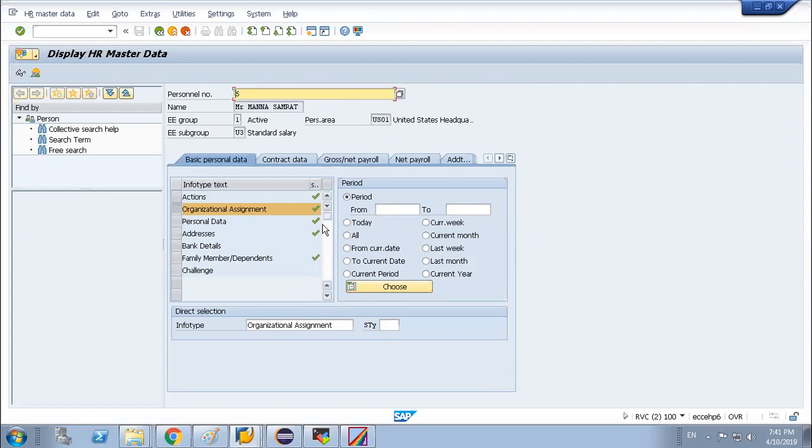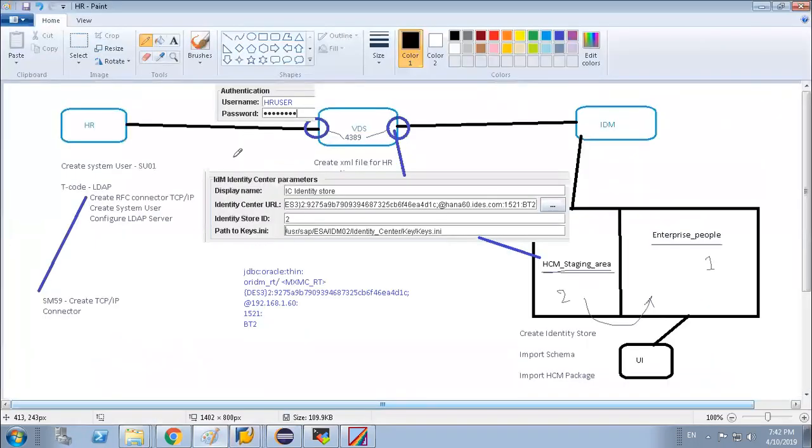Now, how will we send this information? We have to send this information from the HR system to VDS, and through VDS this information will come to the IDM system.